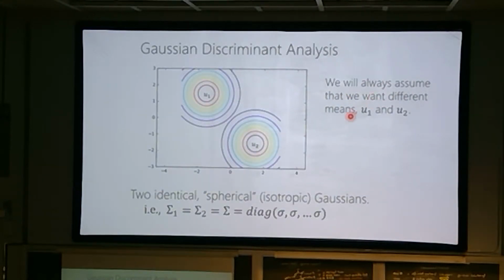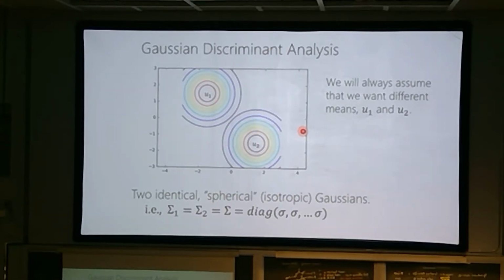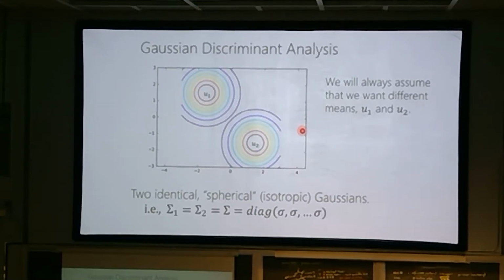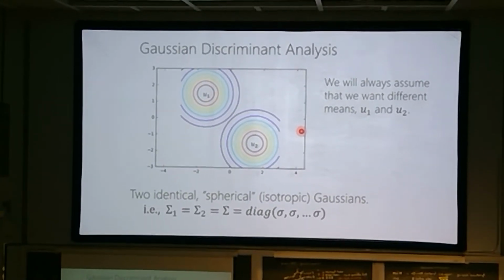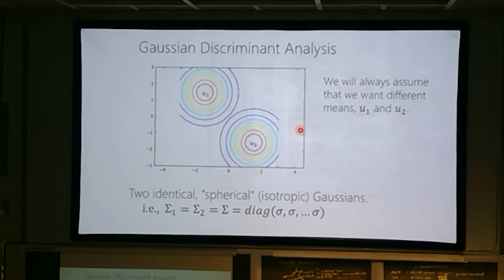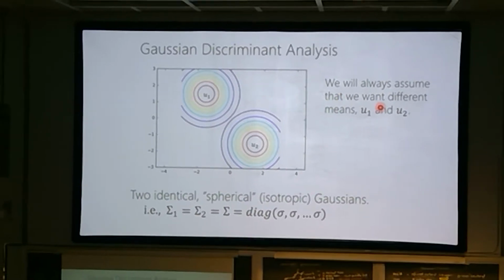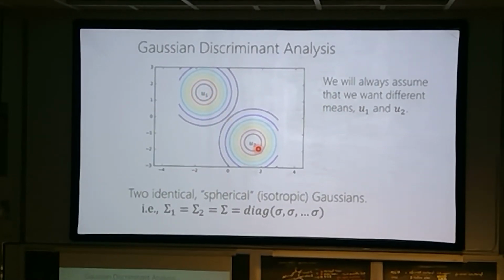First of all, in this lecture and in the class, we're always going to assume that the two means are allowed to be different. That's because we expect the classes generally to be sitting in different parts of the space with respect to the features. Although you could, in principle, have them be the same. It would probably be a pretty weird way to do it. I didn't look. I assume someone has actually done this somewhere, but I don't know for sure. But let's just assume always that the means are allowed to vary, because we want separation between the classes to get a decision boundary.